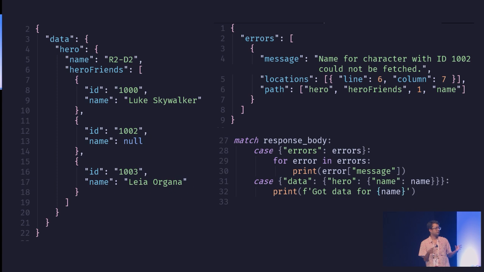So after matching the pattern, I don't need to access it. Whatever is inside the errors, that list over there, is automatically extracted into the variable. And I can put a for loop and print it out. And the same way, now what I want is the name, right? So is it a dictionary which has a data, and inside that it has a hero, and inside that it has a name? If it is matching that pattern, then extract me the value of the name key, which is in that inside spot, and then execute that block.